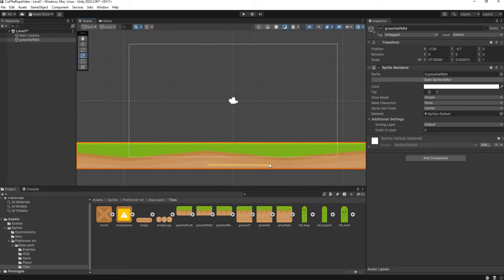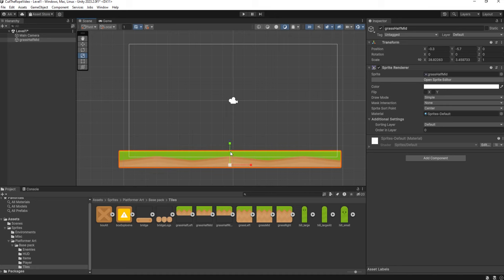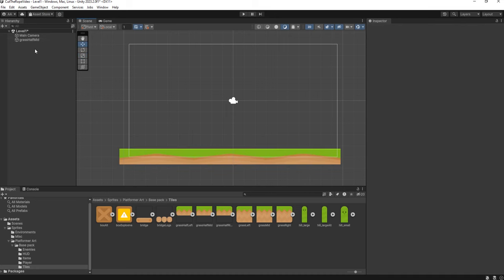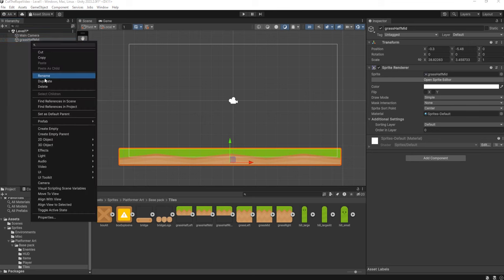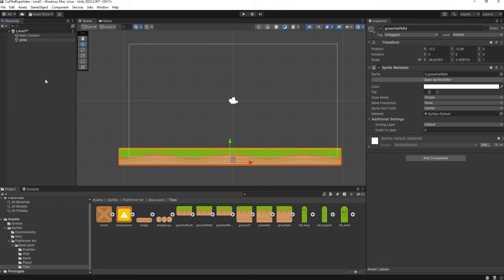Let's scale it for the moment. I'm going to make it a little bit smaller. Okay, maybe something like this for now. So now we have this game object. We are going to rename it as ground,